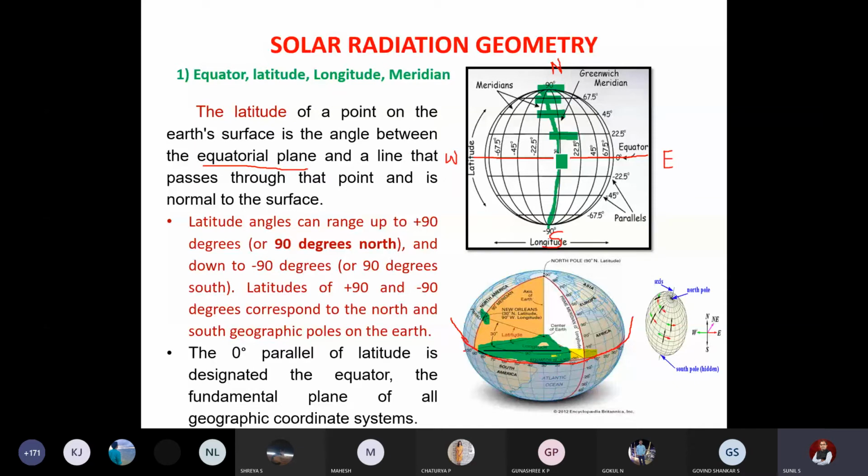So what is 0 degree here? The 0 degree parallel of latitude is the equator itself. Am I right? If you want to find the location here and you join the line, obviously that will be the plane, so 0 degrees is the equator. With respect to the equator, we can find the location of any other point. Just think, if there are any doubts, please ask me. One after the other, we'll go slowly.